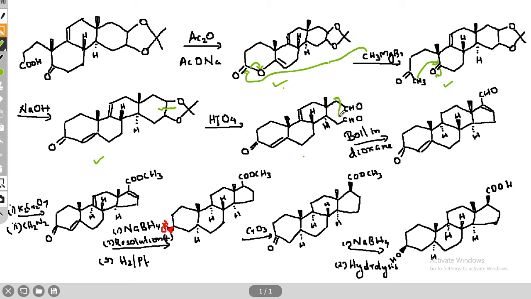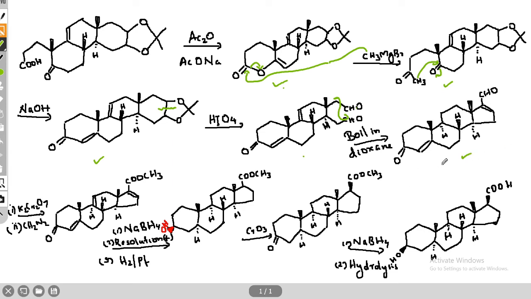the electron from here is removed and will attack the carbonyl carbon of this carbon. This is because it is easy to remove this hydrogen, because this hydrogen is cis with this methyl group, but this hydrogen is only cis with this hydrogen. That is, this is a methyl group and this is hydrogen. So greater instability is here. So it is easier to remove this hydrogen than this hydrogen. That is why the major product will be this.